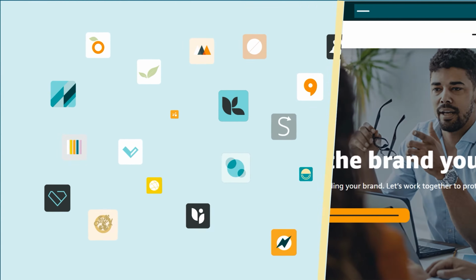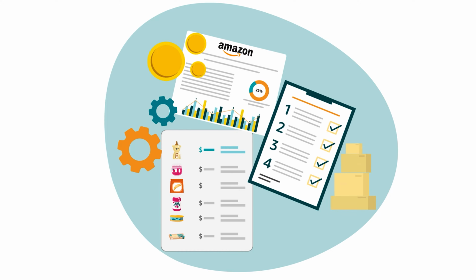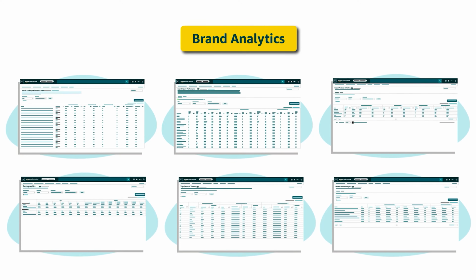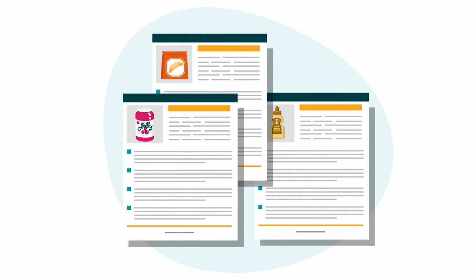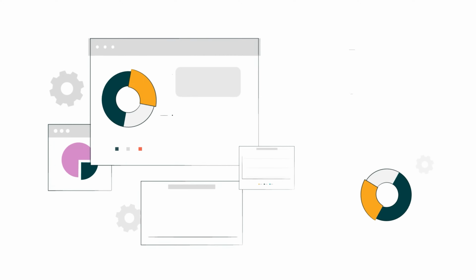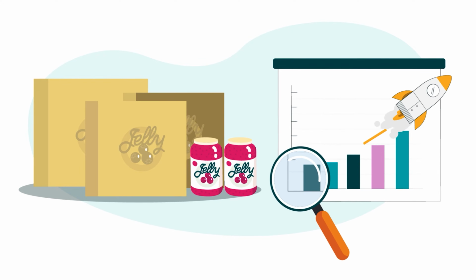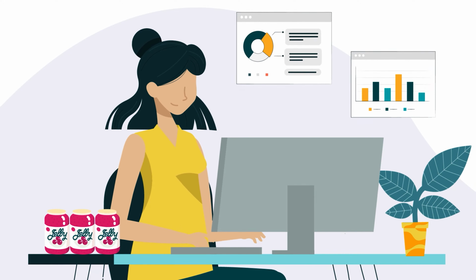Brands enrolled in Amazon Brand Registry enjoy access to a suite of additional selling benefits. One of those benefits is a group of reports called Brand Analytics. Brand Analytics reports provide aggregate product and customer information along with competitive insights. They can be used to better understand a brand's performance in the Amazon store and to make strategic, data-driven decisions